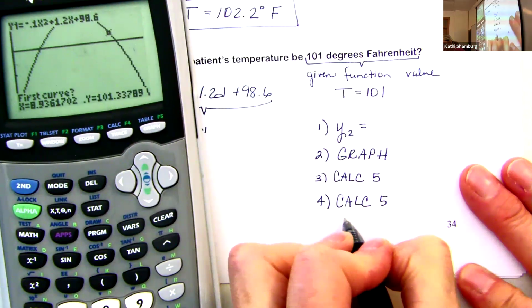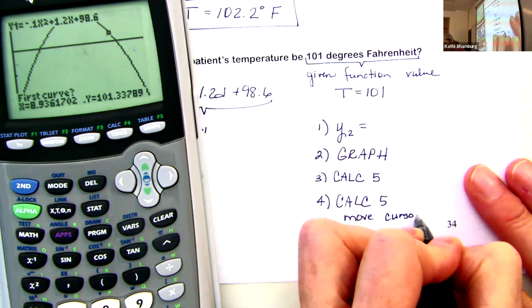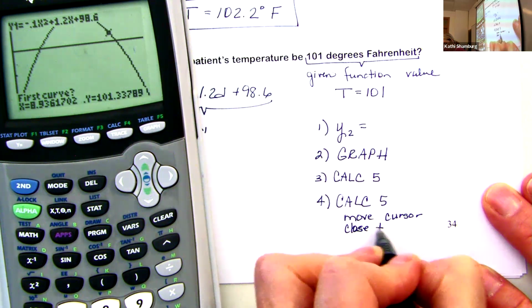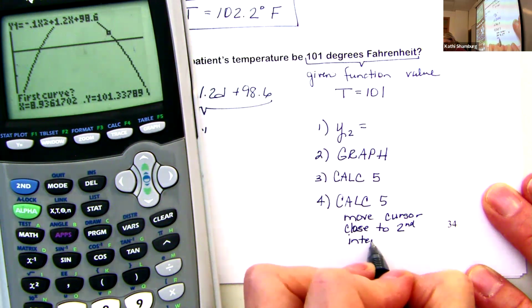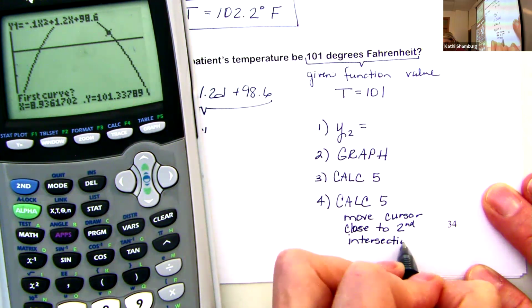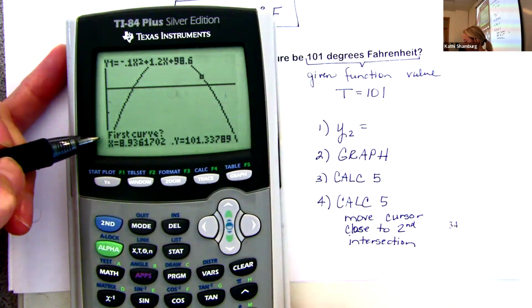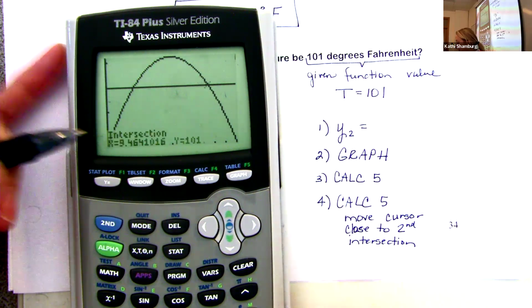Right. Move cursor close to second intersection. And now what I'm going to do is first curve, enter, second curve, enter, guess, enter, and now you'll see